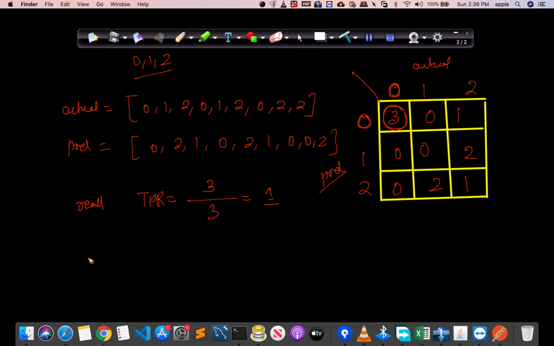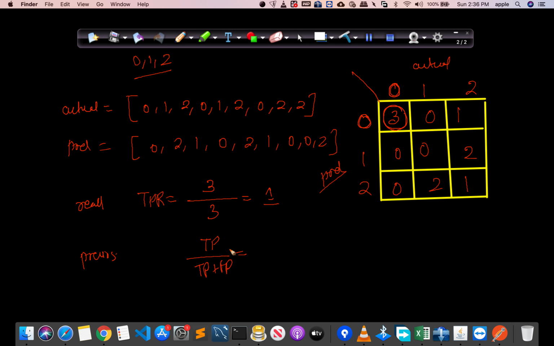Now let's see the precision. This is the recall, and we have to see the precision now, for class 0. What is precision? Precision is true positive upon true positive plus false positive. But here we don't have true and false.